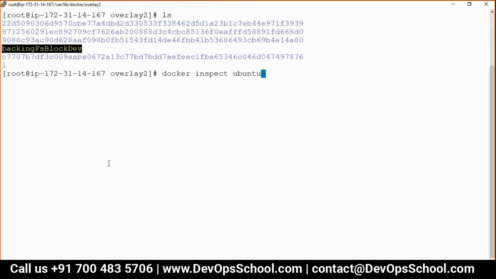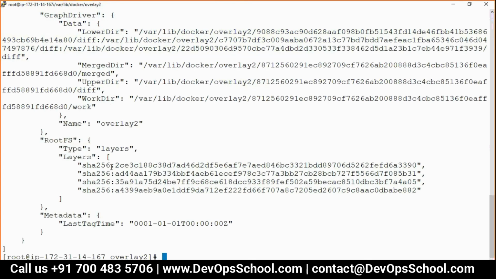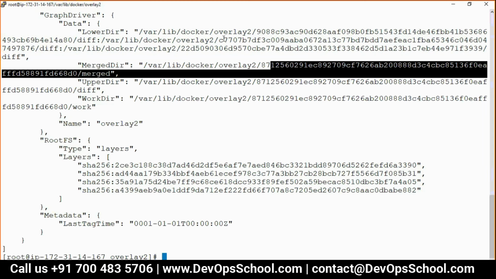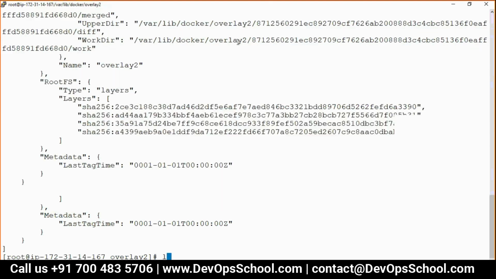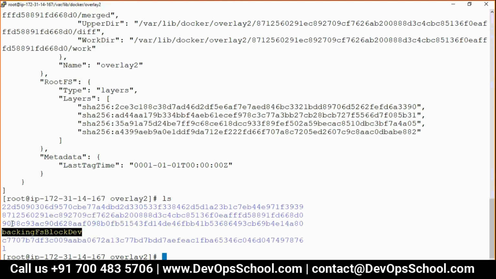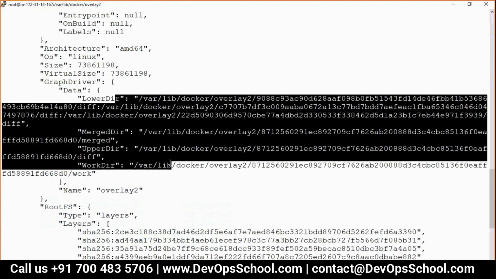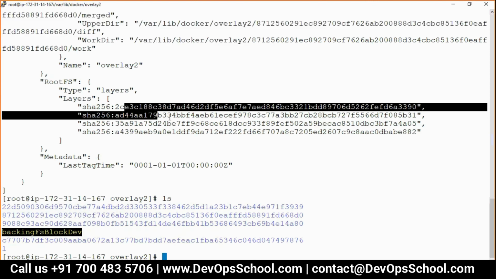There are many ways. The inspect command is one of the ways to tell you. Let's say here, do you see this number? Yes, Rajesh, this number will match. But I don't want to give you too much confusion because I don't want to teach you SHA-256. I want to teach you how to create images. So yes, this number will match, and you can find out how. But layer IDs are this one.